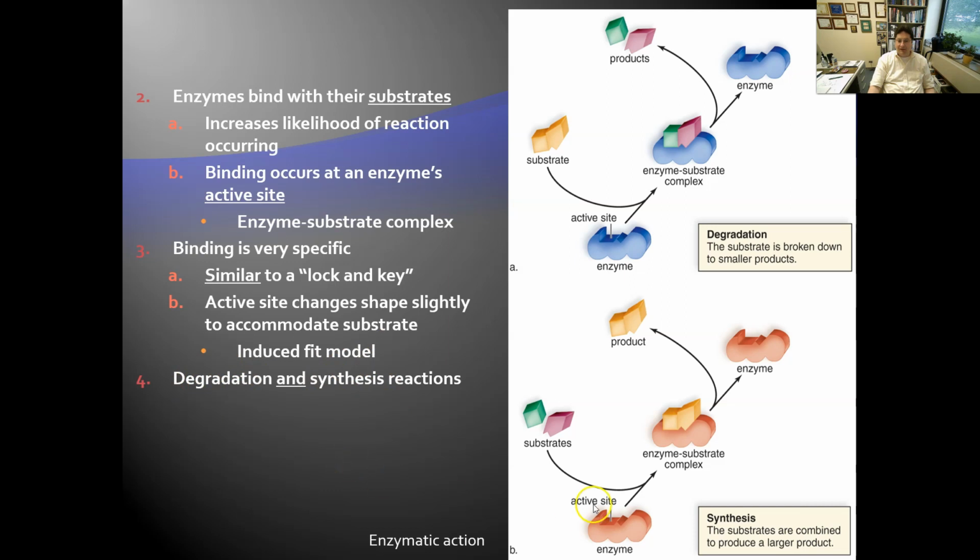So we can see here, starting at the bottom, here are my substrates, my materials. What I want to do is chemically hook these together to make this. Here's the active site. You will notice that these substrates fit in there, lock and key. Here's my complex. There's my product. The enzyme lowers activation energy, and this enzyme is not used up. It can be kicked out and continue working. Here we see this is a synthesis. Here's degradation, breaking down.